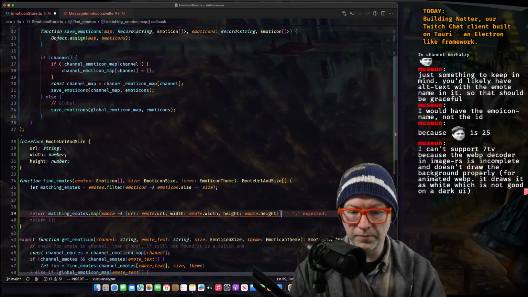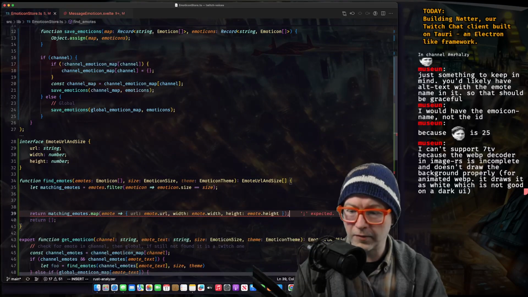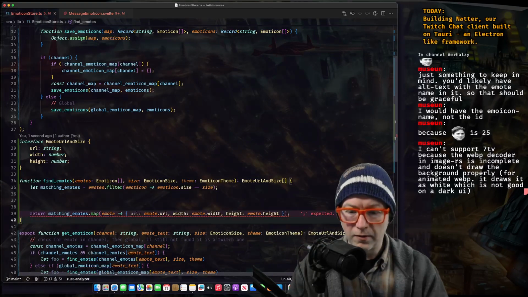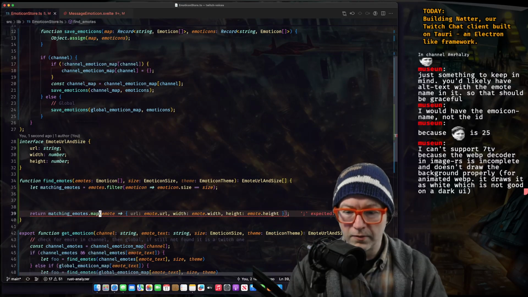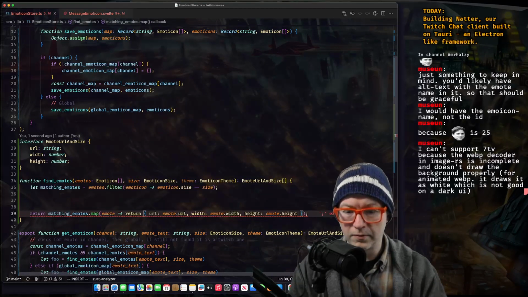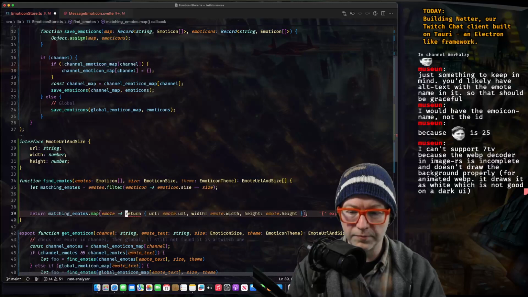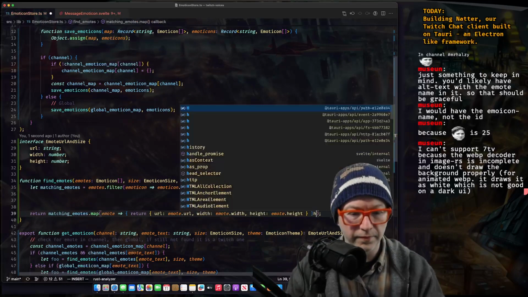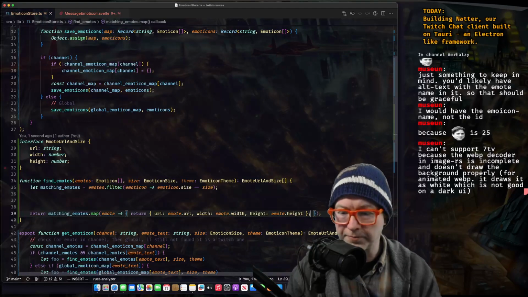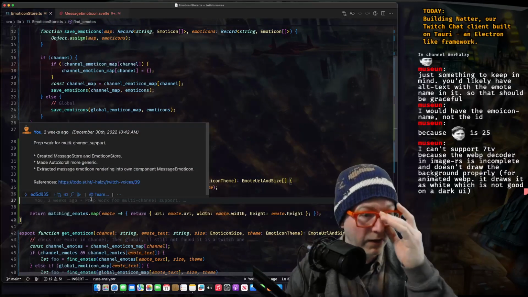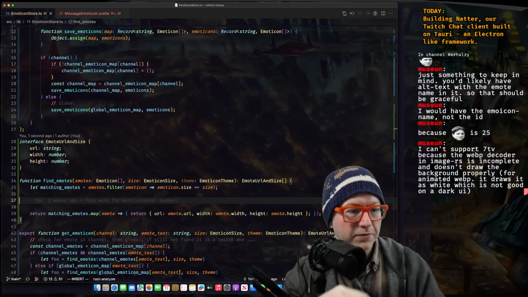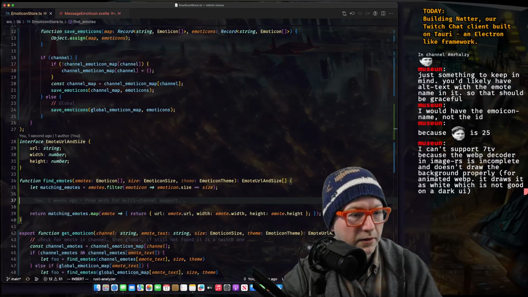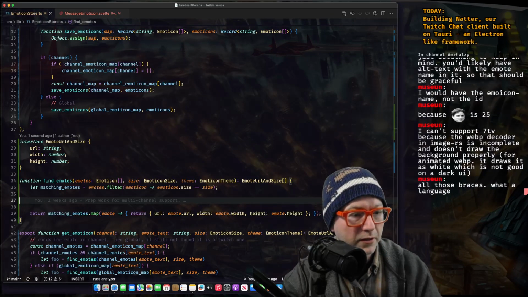Okay. You can't support 7TV because the WebP decoder in image.rs is incomplete and doesn't draw the, oh wow.